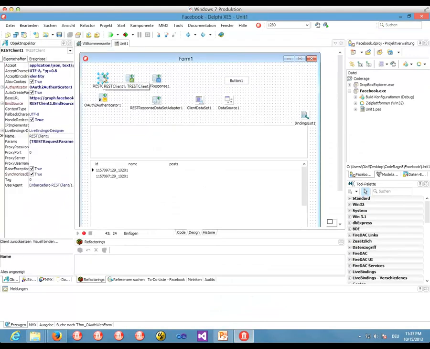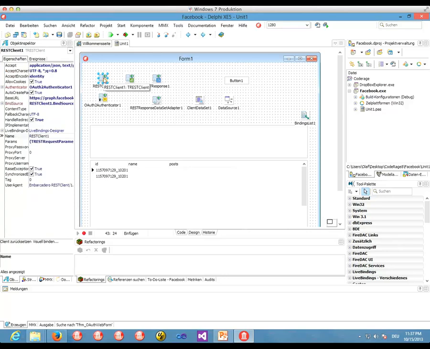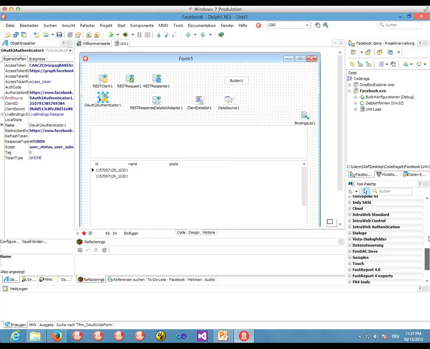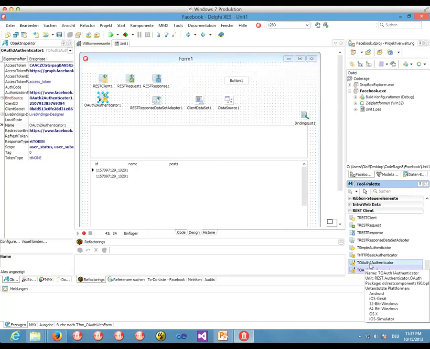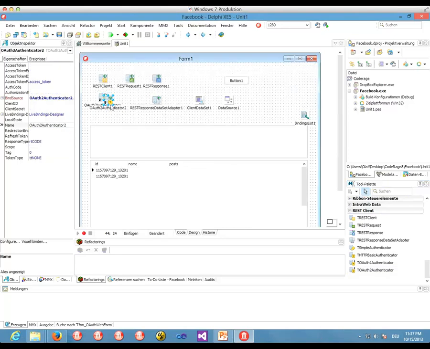So we do have a REST client, we have a request, and we have a response. Nothing very new here. But in the simple example, we didn't supply any authentication mechanisms or any credentials, which we need to do in Facebook, which is why we have an OAuth2 authenticator, which is of course part of the REST library component set here. So there is an OAuth2 and OAuth1, and there are a couple of even different authenticators like basic authentication and simple authentication. We're using OAuth2 for Facebook, and